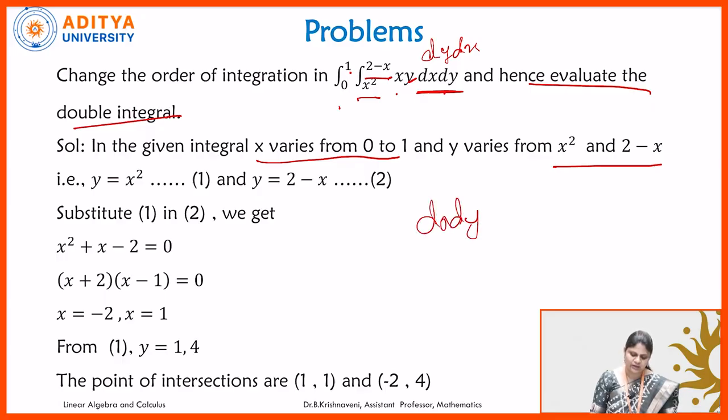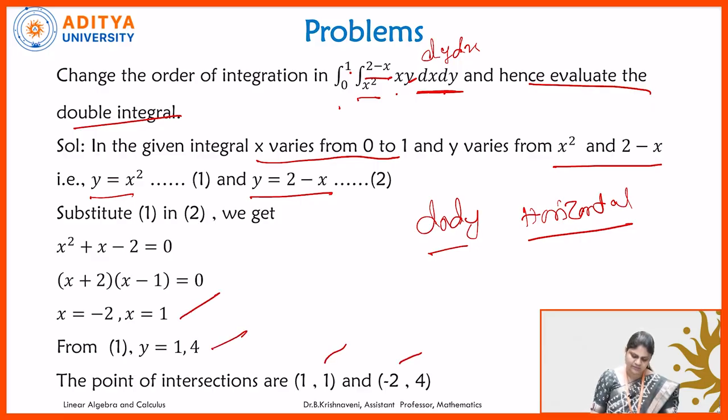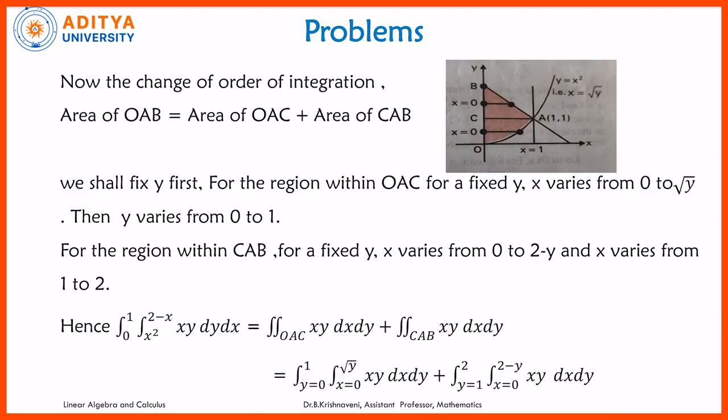Hence, to get dx dy we need to consider a horizontal strip in the region of integration. For that sake, first let us find the points of intersection by taking y is equal to x square in this curve. These are the points of intersection: (1, 1) and (-2, 4). Now clearly the region of integration, you can see in the figure, the shaded area is giving the region of